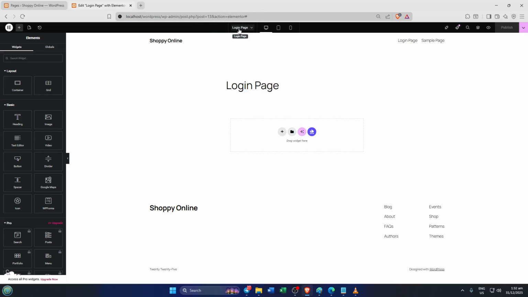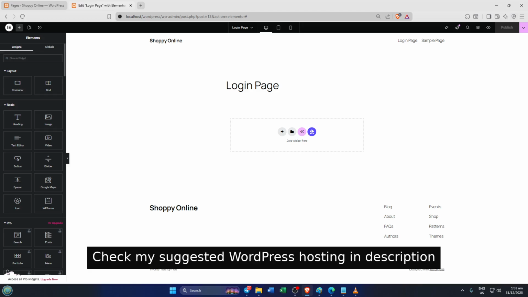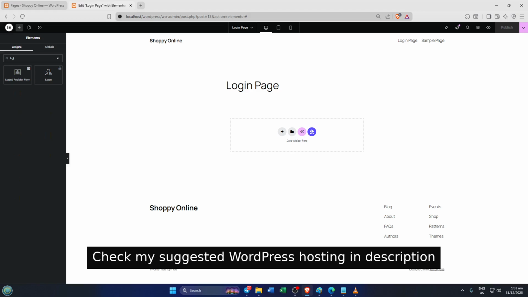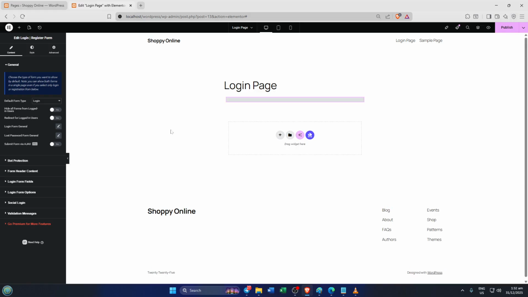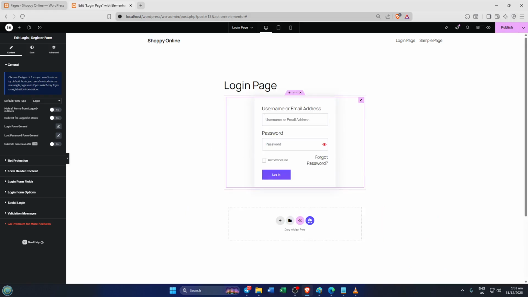Now, once you're in the Elementor editor, you'll want to add the actual login form. On the left, search for the login widget and simply drag it into your blank page. This widget is the star of the show, handling the sign-in process for your users. If you've ever tried adjusting the default WordPress login, you know it's pretty limited. Here, you're in full control. Take a second to drop it right where you want on the page layout. If your site has a particular brand style, think colors, fonts, logo, this is where you really start to make